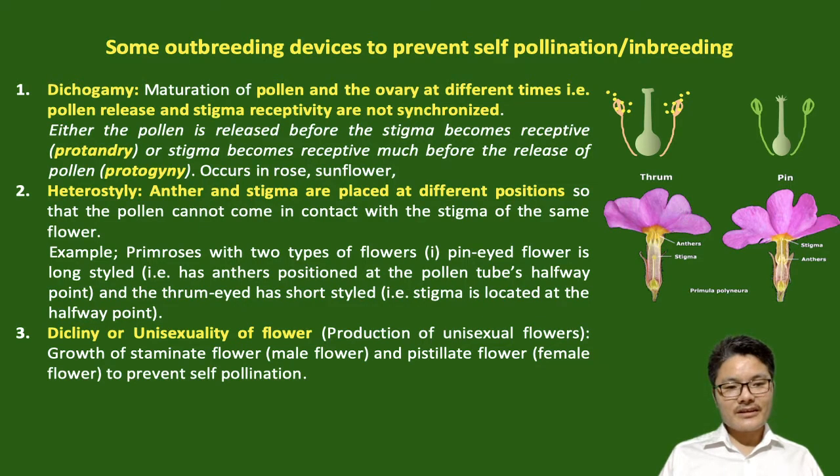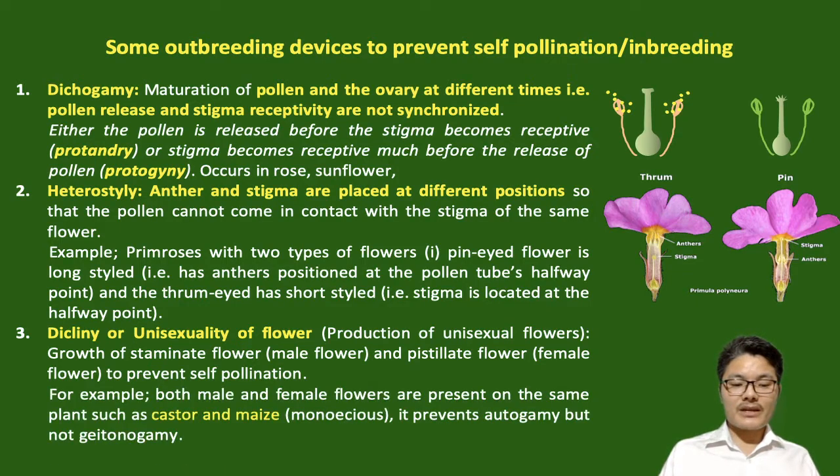The third outbreeding device is dicliny, or unisexuality of flower. Di refers to two, cliny here refers to bed or sofa bed. So usually plants have two different flowers, unisexual flowers. Plants may have staminate flower, that is male flower, and pistillate flower, female flower. And there are no bisexual flowers growing in those plants, which favors dicliny or unisexuality of flower as a mechanism of outbreeding device. For example, in case of castor